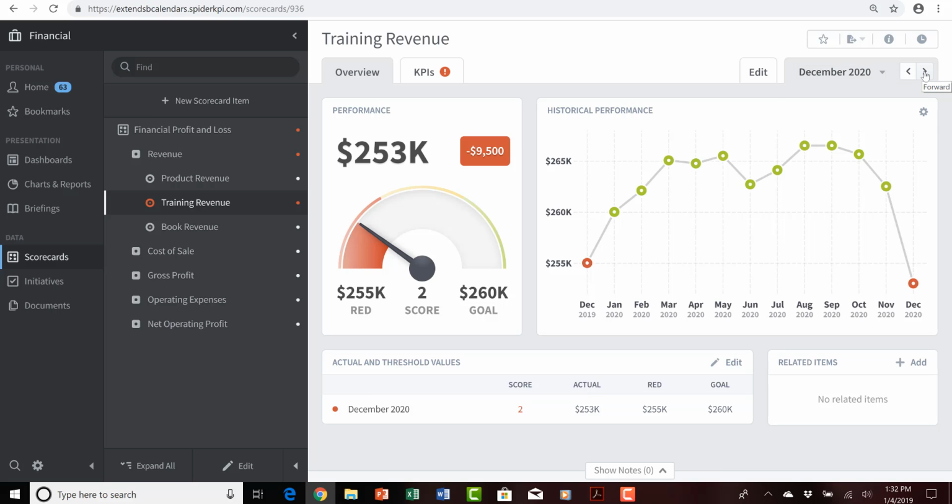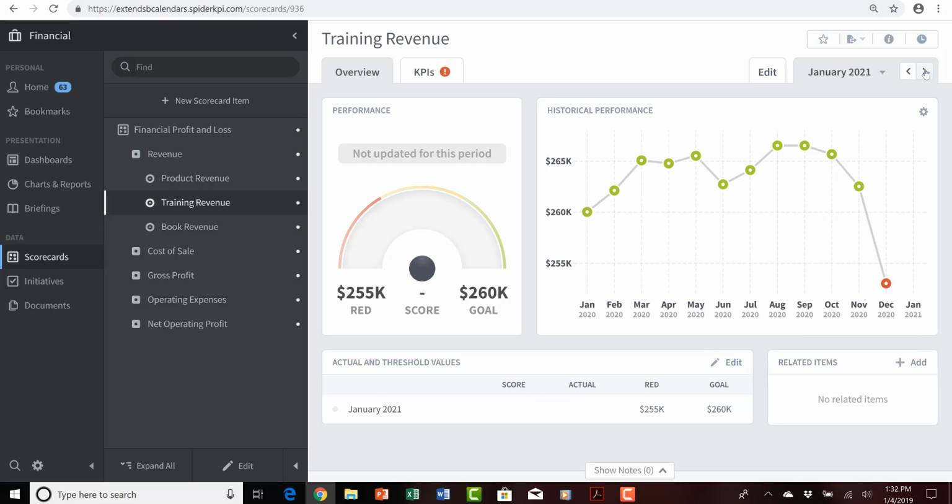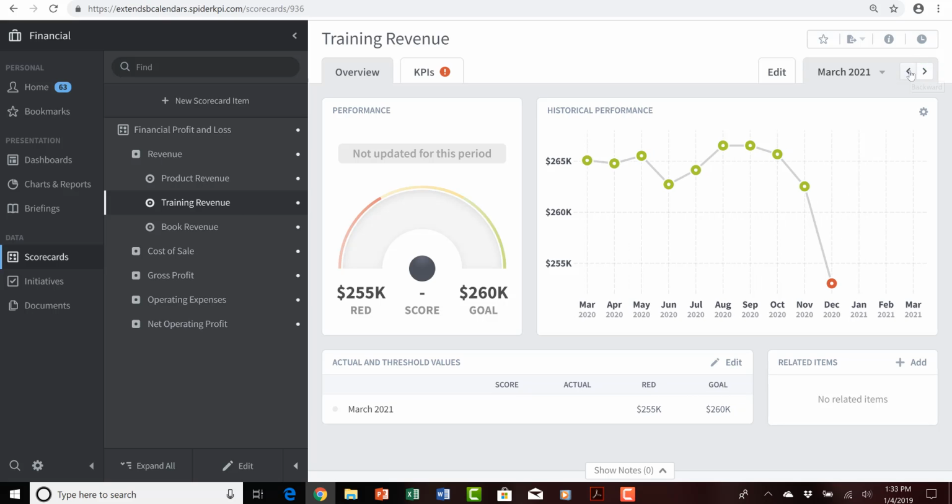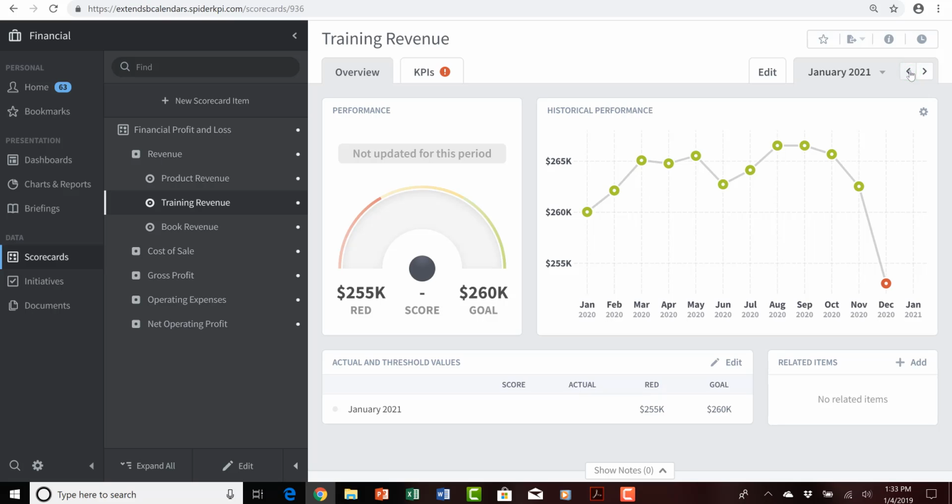But now I see that the rightward pointing arrow or chevron to move forward in time allows me to navigate into January, February, March, and so on through 2021